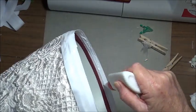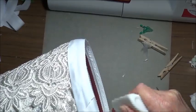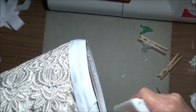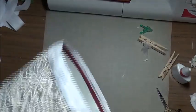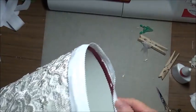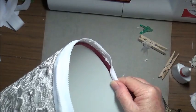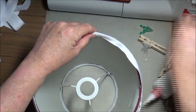You don't need a lot of glue. This glue holds really, really well. And it just has to be enough overlap for me to be covering the previous colour up. So now I'm just going to go around like that, fold it over. I may actually need to